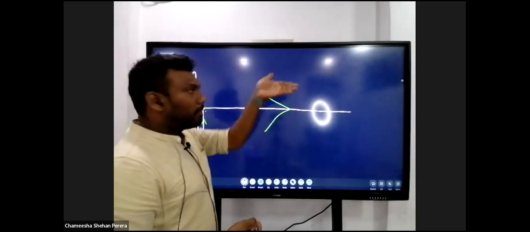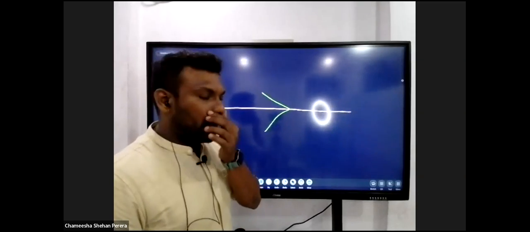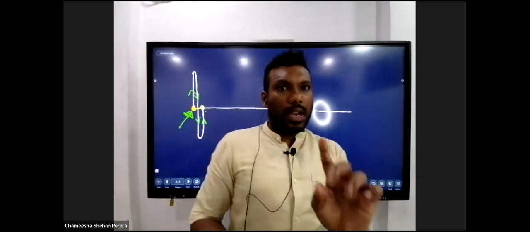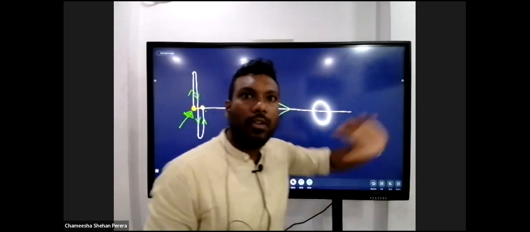Particle movement, and the energy propagates perpendicular to it. And in the very beginning, we said never in a wave do the particles move along with the direction of the wave energy propagation.